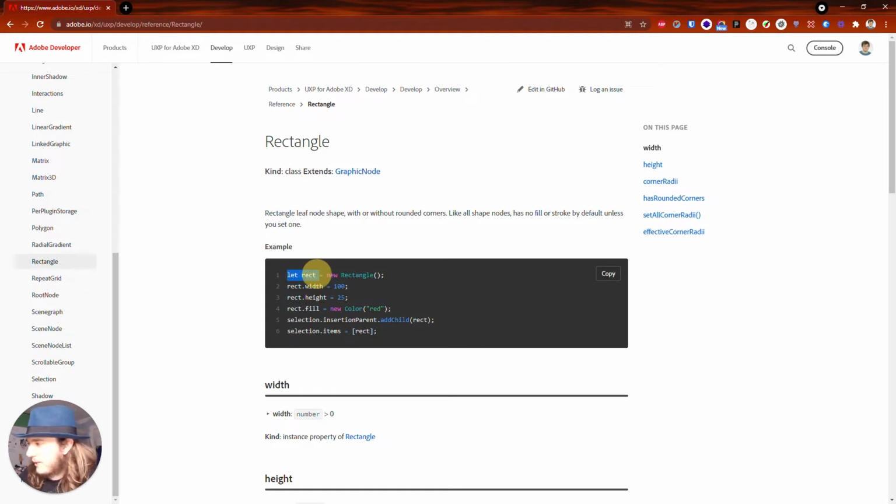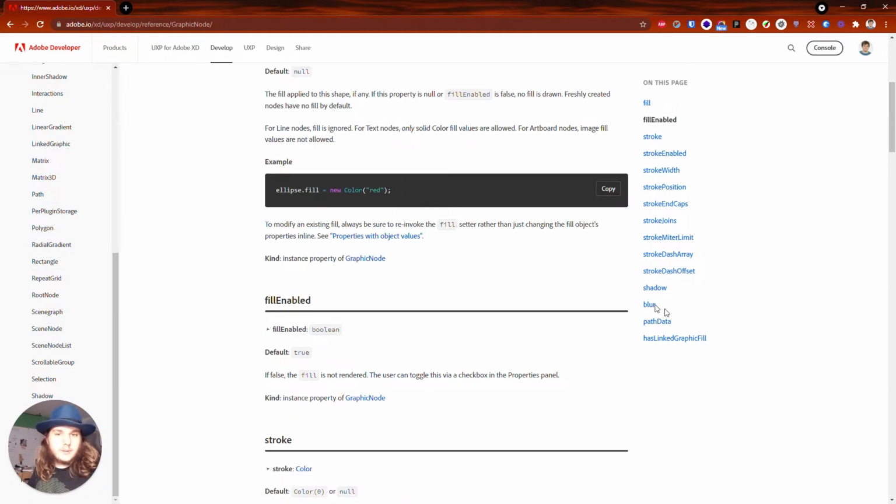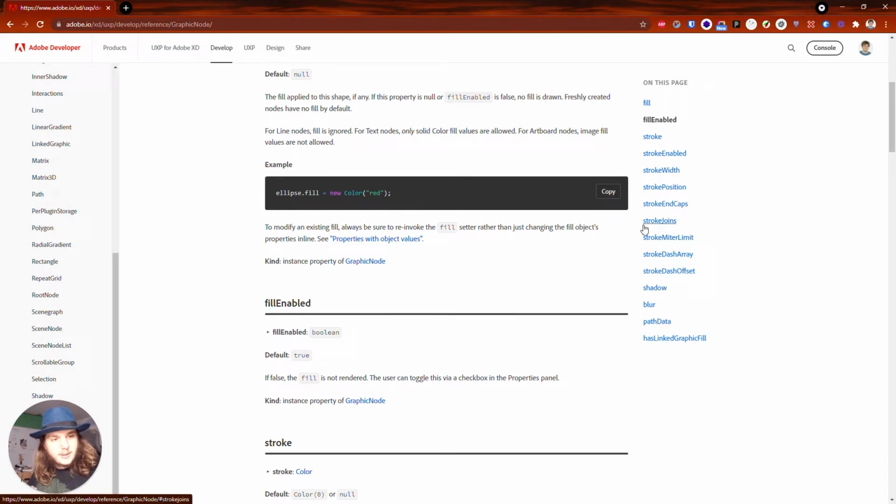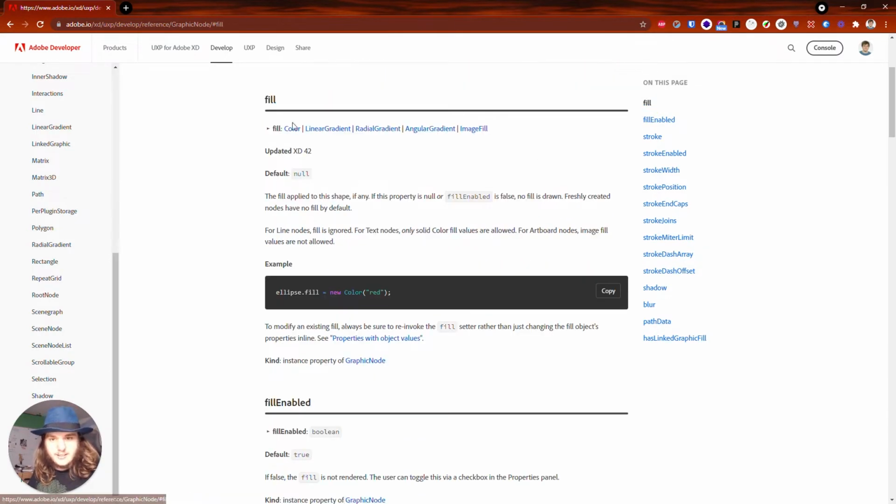So you can see that we can use let rect equals new rectangle to basically create a new rectangle. And then we can, for example, say the rectangle width should be 100 and so on. And it is actually quite similar to what we will build within our plugin. But what's even more important is that you can see that this rectangle extends a class called graphic node, and the graphic node in turn has some properties like, for example, a fill color, which we will use,